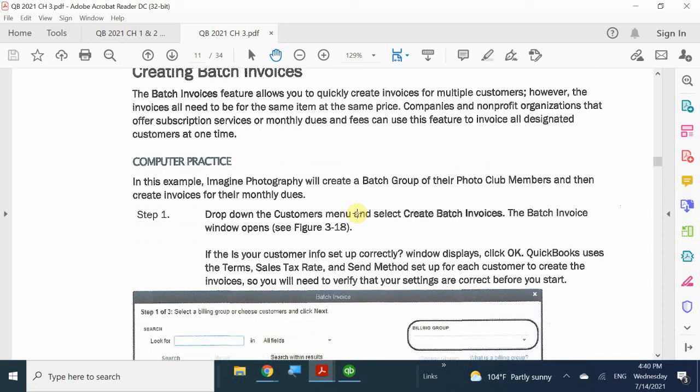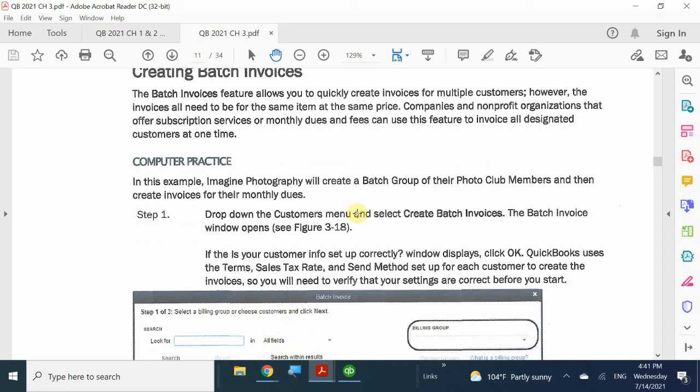A great example is if your customers are members of a particular service, and they have to pay a monthly fee. You're producing the same exact invoices and mailing them out to all your individuals because they signed up for your